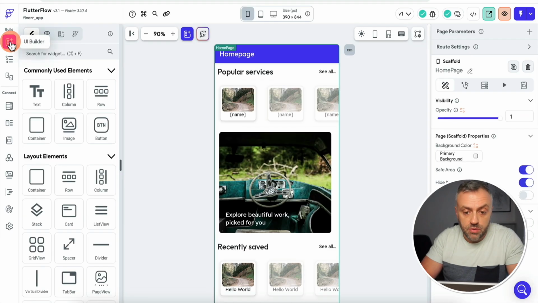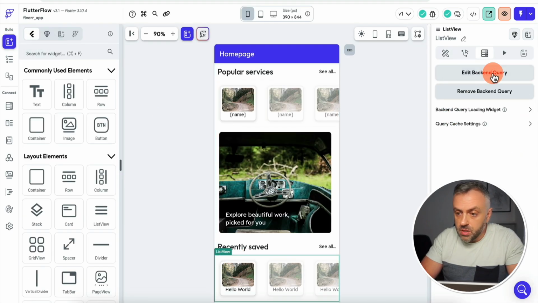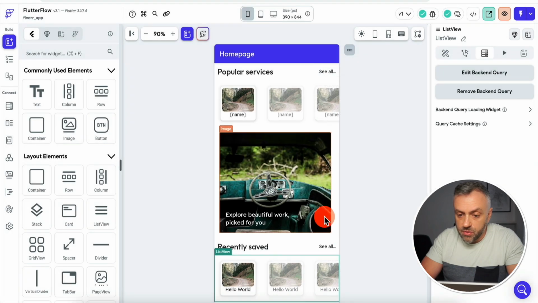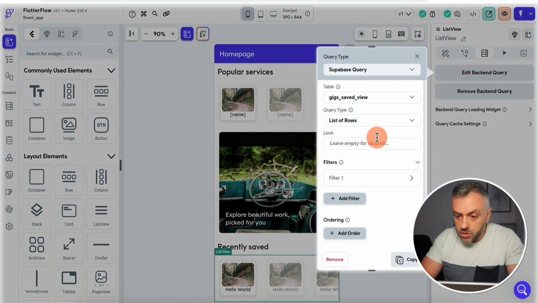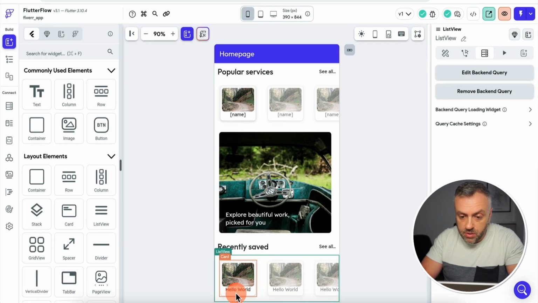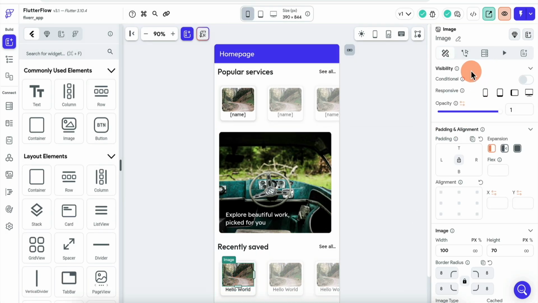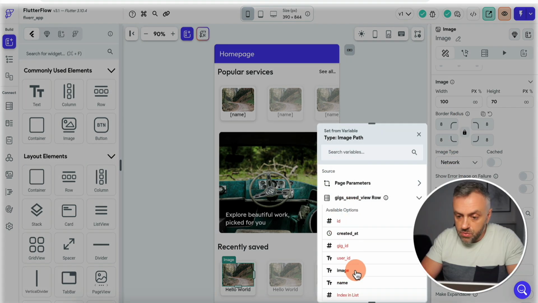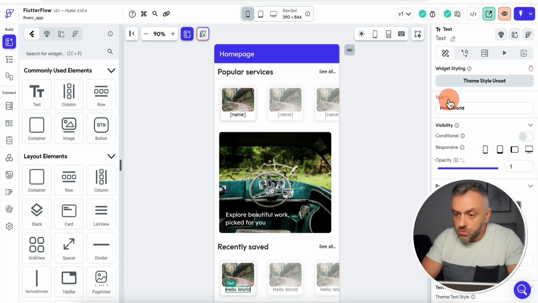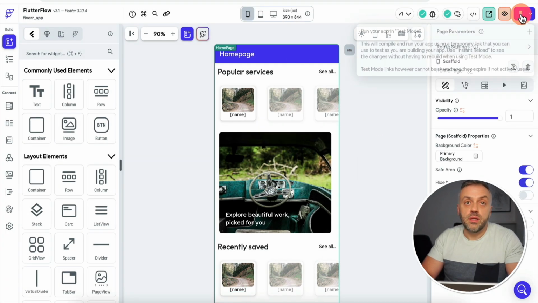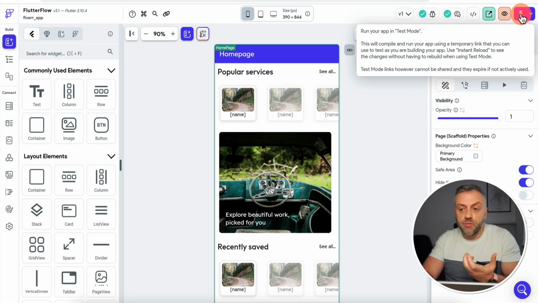So now we can go back to our app, go to this list view here, edit backend query, and we're going to select gig saved view, confirm. We still have the user ID filter, but now we have access to images and to the name of the gig. So let's go ahead and change the images here. Gig saved view image, and this name, do that as well. Name. Okay, so now let's go ahead and restart our app,